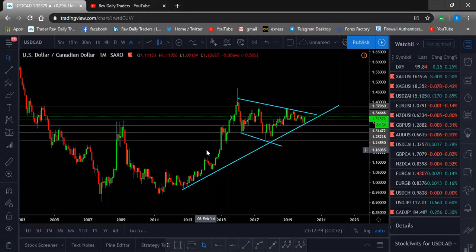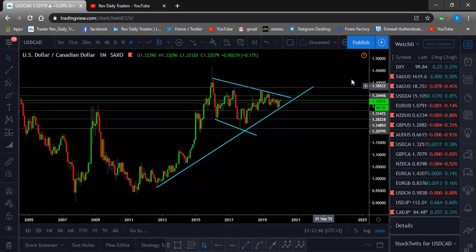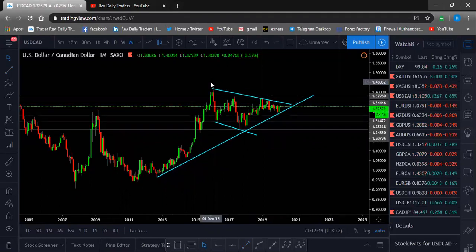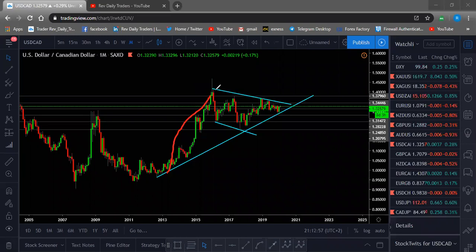Then from now on, we move to, after we got our impulse and this correction. We are still in this correction and we should figure out how we're going to get out on this pattern, okay? So when we figure out that we got this part of our roof and this part of our floor,